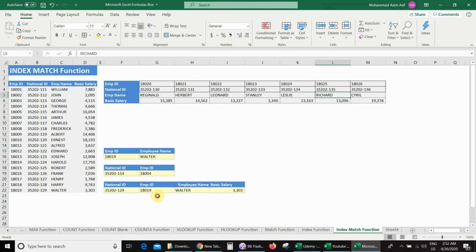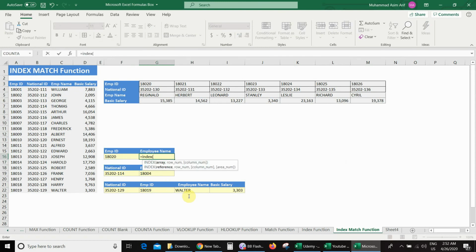We have an employee ID and we want to find the employee name. So I will delete this and enter an employee ID here which exists in this database, 18020. Here I will use the index match function: equal, index, bracket. Firstly, I will select the array. I want to find the employee name, so this is my array,